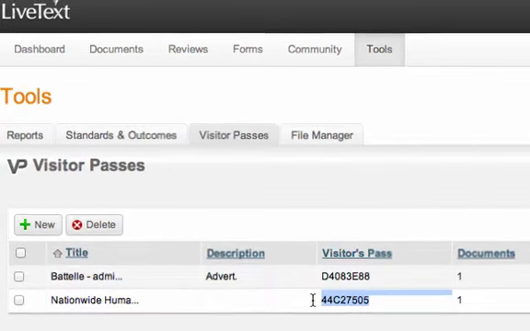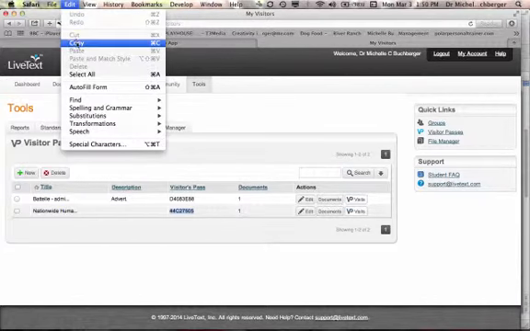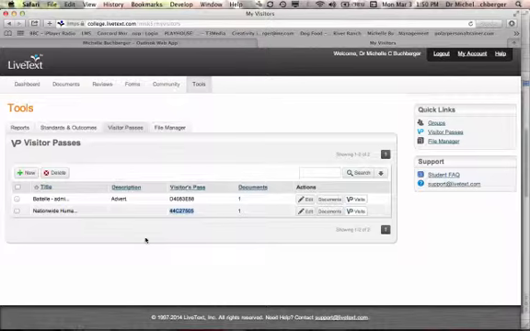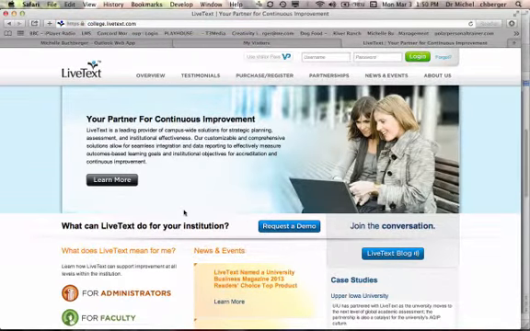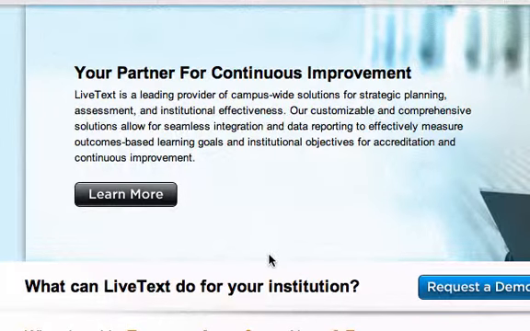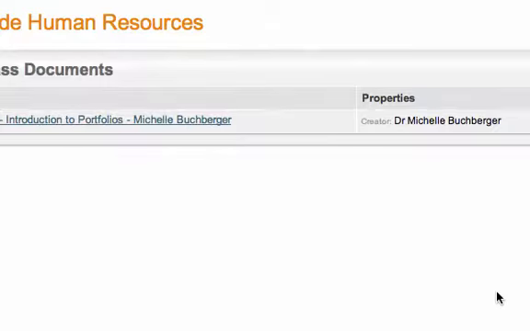If I copy that visitor pass set of characters, and that's a unique combination of numbers and digits, I'll go ahead and open a new tab and go to LiveText. And if you are sending this to a potential employer, you might want to take a screenshot of the screen so that you can tell them to use the visitor pass, and then you simply would invite them to use that code that you've copied and provided to them,